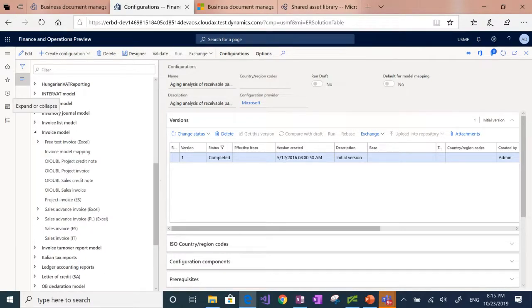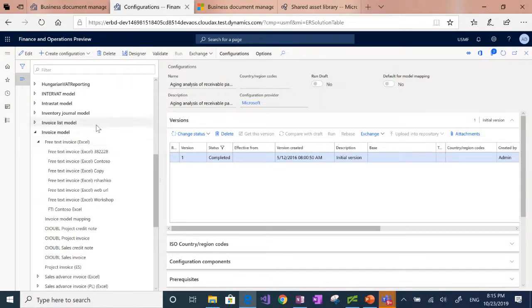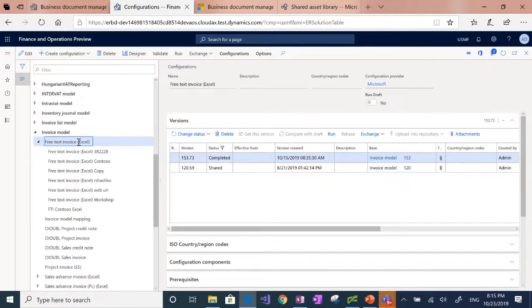And you see that actually the invoice model covers not only configurable business documents, but also what is called OIOUBL. It's actually the electronic invoice for Denmark, right? So we are covering both these printed layouts and e-invoices under one model. And we have this free text invoice Excel, this basic configuration which we as Microsoft released for configurable business